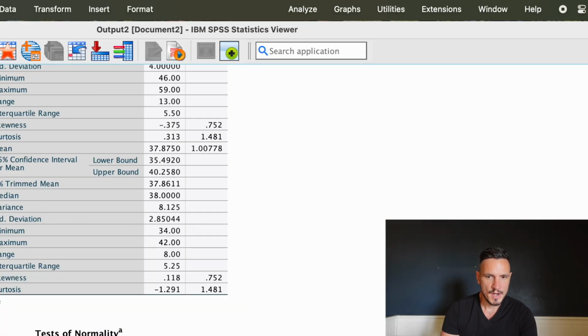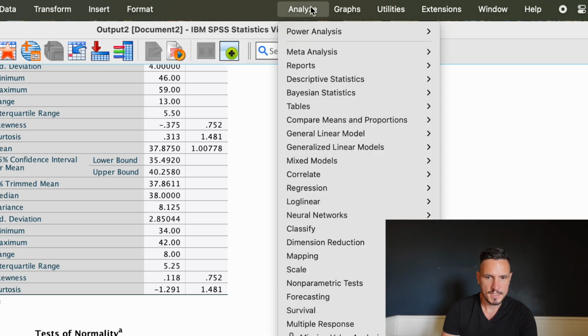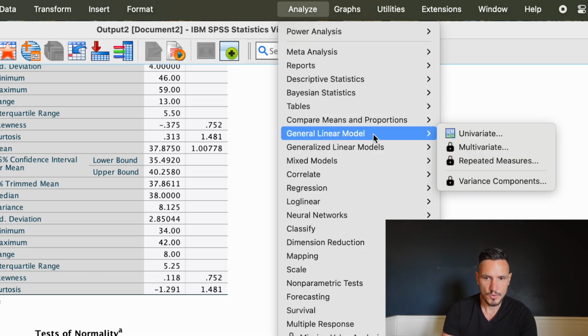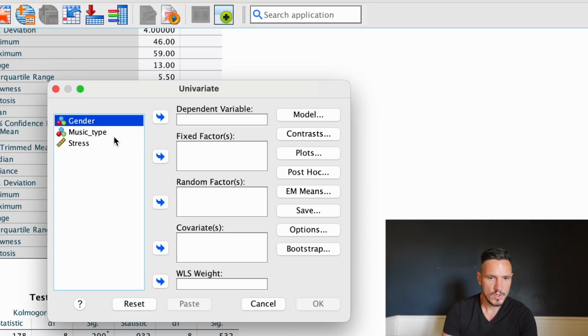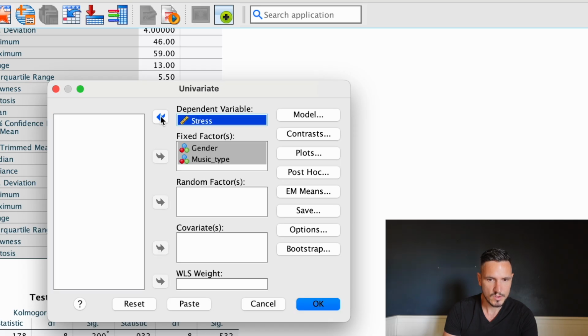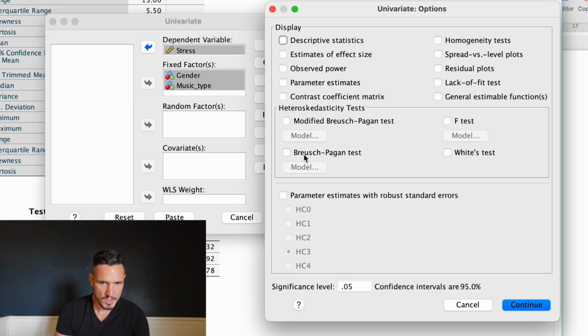And then to run the analysis, we can go up to Analyze and then down to General Linear Model, down across to Univariate. And then we can transfer both of our independent variables across to the fixed factors box and our dependent variable across to the dependent variable box. Next, if we go to Options, we can ask SPSS to provide us with descriptive statistics, estimates of effect size,